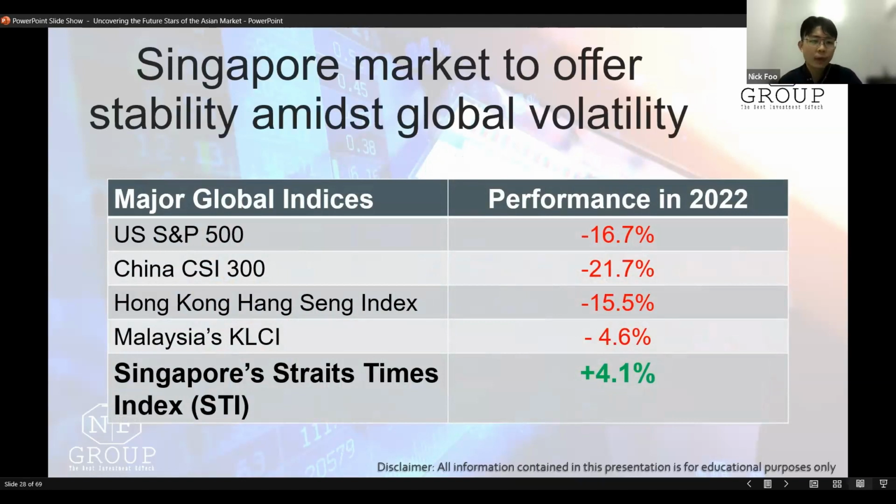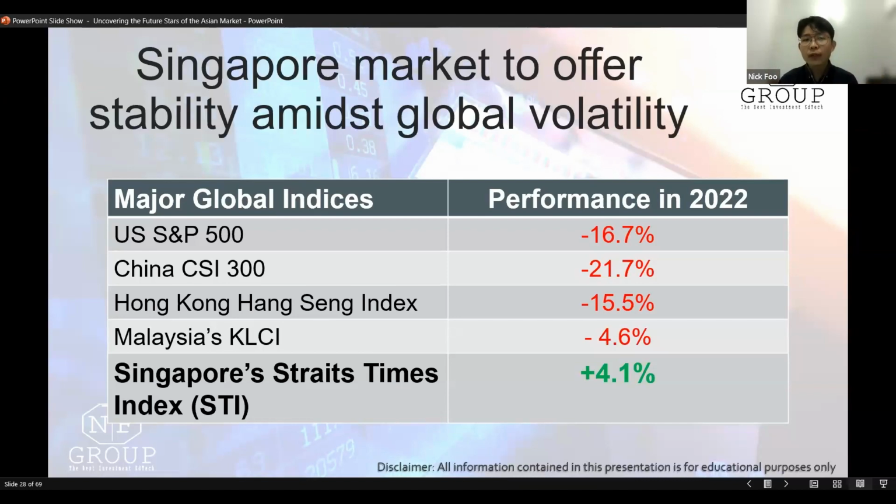The US S&P 500, China, Hong Kong, or even the KLCI in Malaysia underperformed in 2022, but the Singapore index, wow, outperformed, right? It was up by 4.1%. All this while, over the past decade, investors in Malaysia have always said that the Singapore stock market is a boring market. Yes, but now